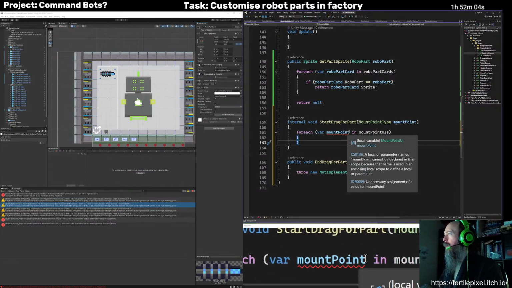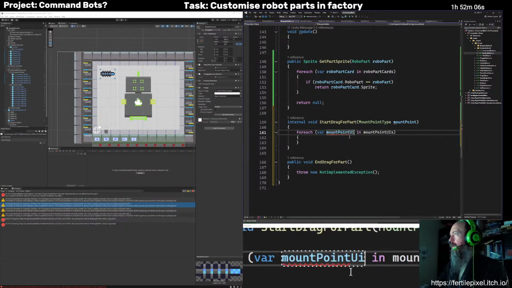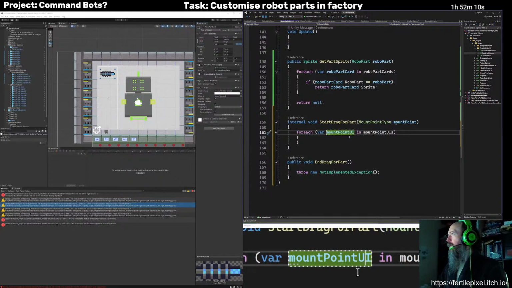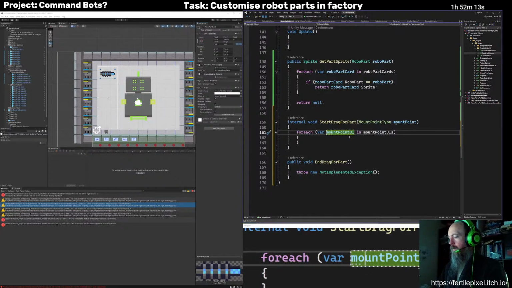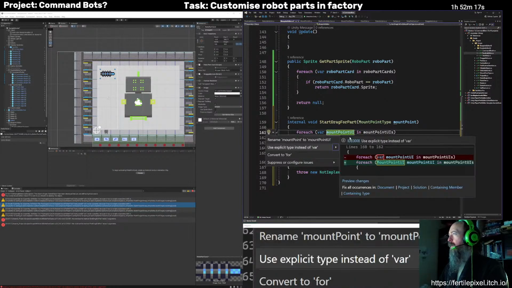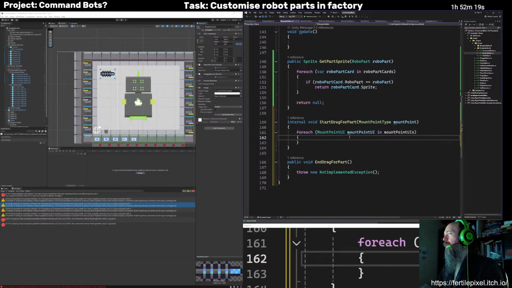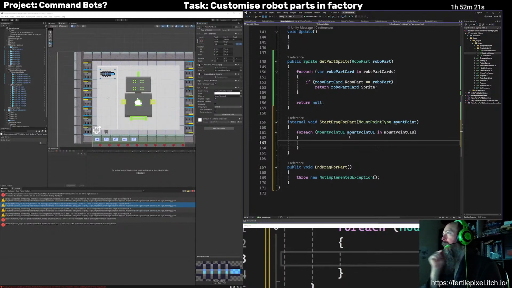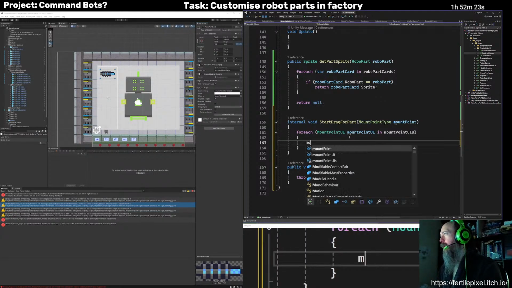Okay, we'll call that mount point UI. Okay, so we basically want to tell these things.